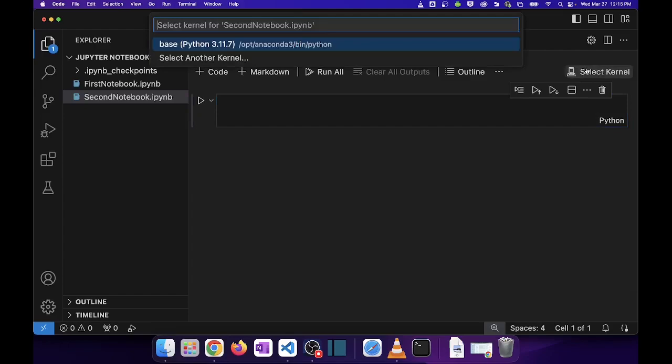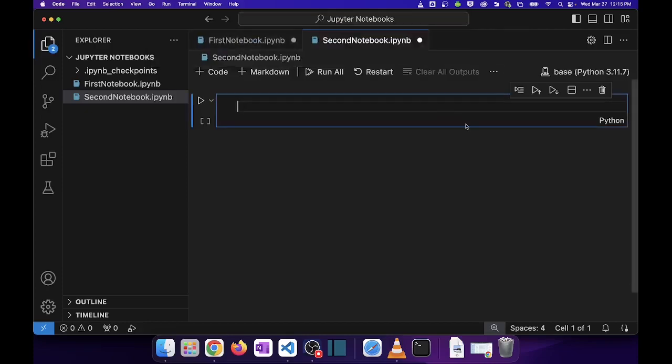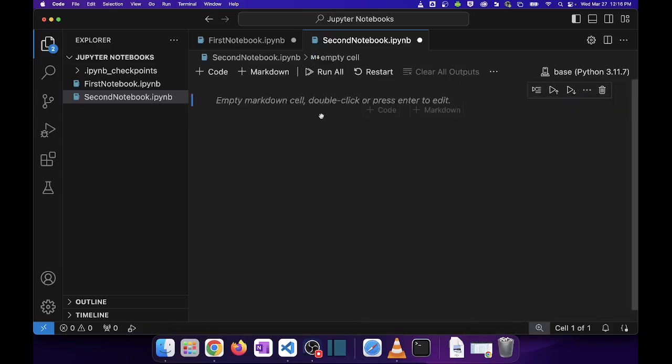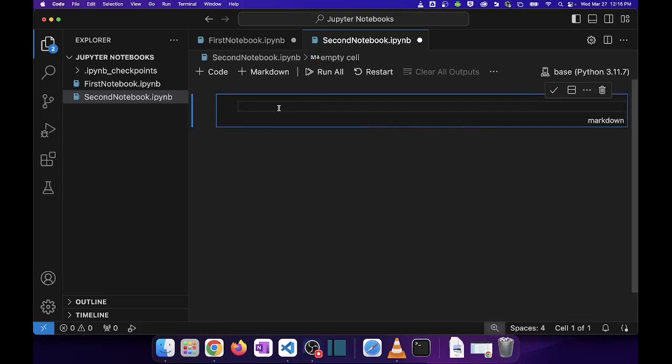I need to select my kernel again before I forget to do that. It's already got that from before. And I'm going to change this cell to a markdown. My second notebook,